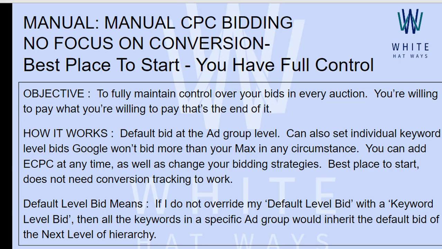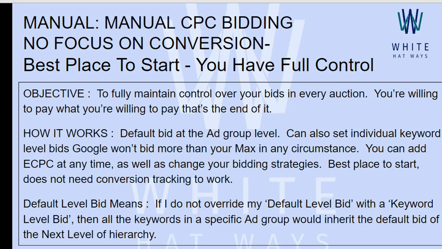So in the case of ECPC, it is not that we are giving the entire control in the hand of Google to raise the bids to whichever amount. It should be hovering around the amount which we have set at the maximum cost per click level. ECPC is one way through which we are utilizing the automation as well as the manual part. So we are having the control as well, and we are making optimum use of Google's automation at the same time. The best place to start does not have any need of conversion tracking.